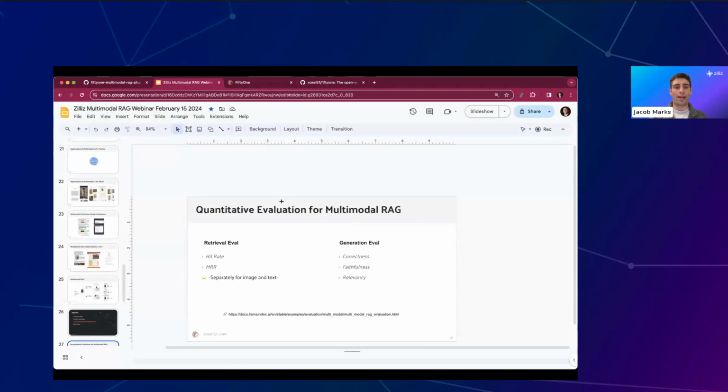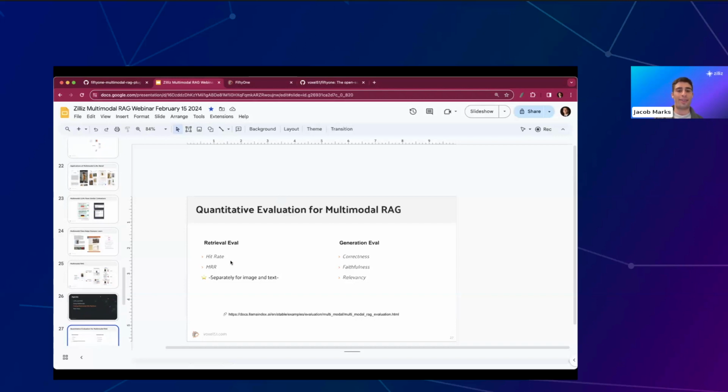Okay, so of course, the last thing I wanted to mention before we did the demo is, in addition to qualitatively evaluating your multimodal RAG pipelines, as we're going to do in a second, it is also important, once you have identified some good candidates, to quantitatively evaluate them using some metrics for evaluating retrieval and for the generation process. So both of these are important. For full details on these, I would encourage you to check out the LlamaIndex documentation.